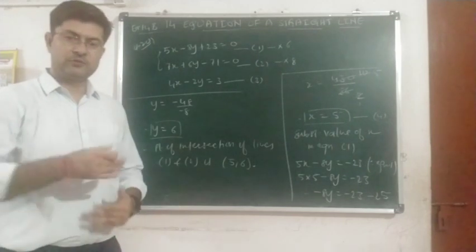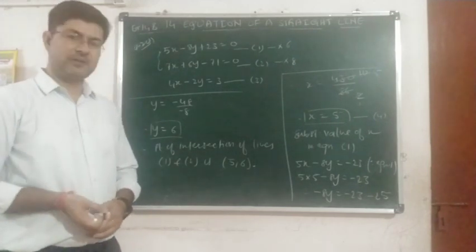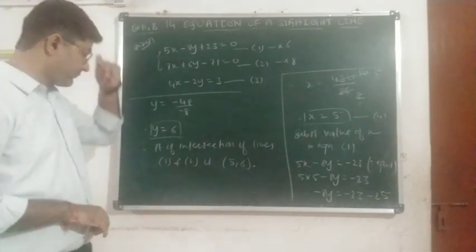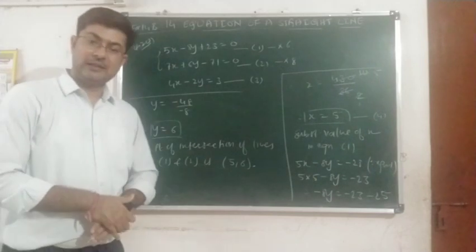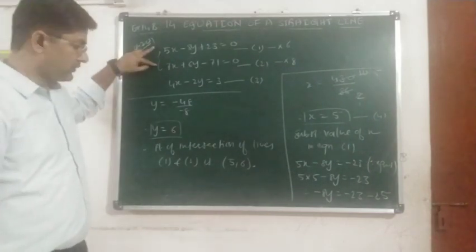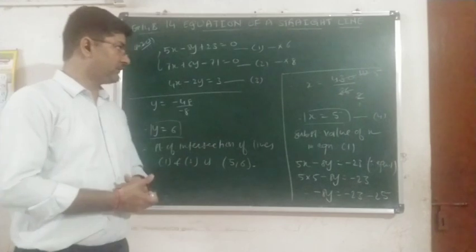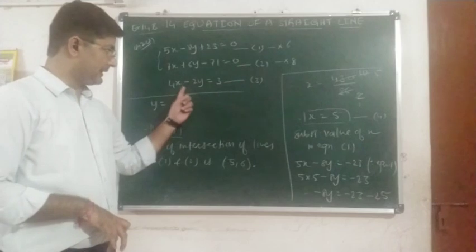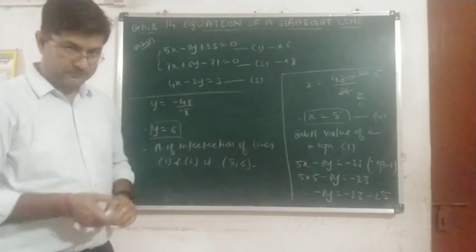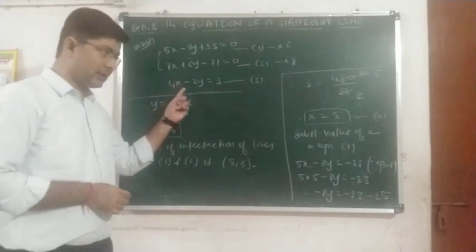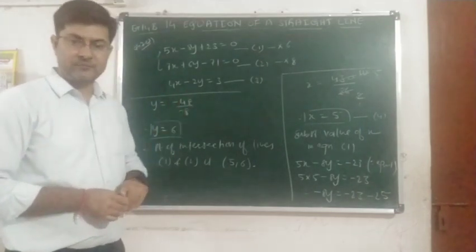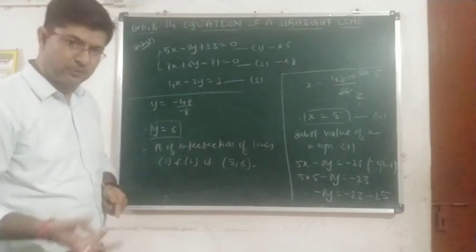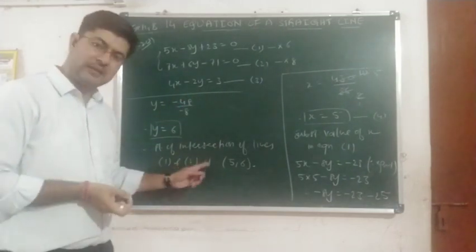Now if you somehow find out the slope of the required line, then we can use the point slope formula. Okay, now let us come to the question. Again, it is given that the required line is passing through the point of intersection of the two lines. We have obtained the point of intersection, and it is given that the required line is perpendicular to line 3. So what is the next step? Obviously, we will find out the slope of line 3, and then after finding the slope, we will take its negative reciprocal, which will give us the slope of the required line.